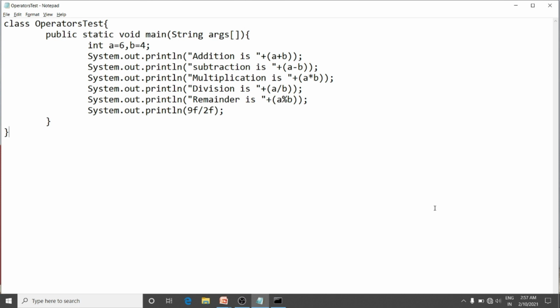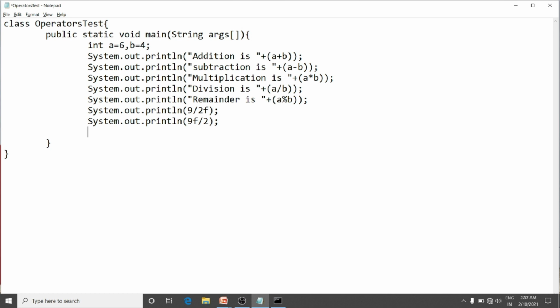In case both operands are of different types, when one operand is an integer and another is a floating point, say 9 is an integer and 2 is float, or 9 is a floating point number and 2 is an integer.